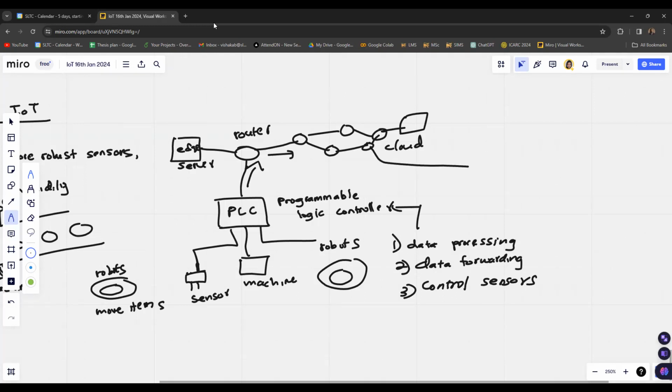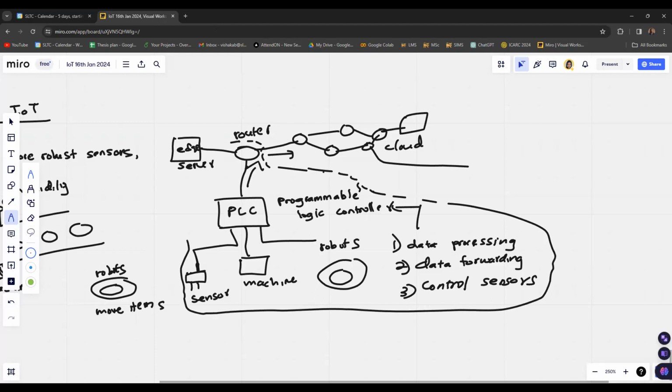So if we consider this entire thing as one network, then we have the ability to communicate with another local network, let's say LAN number 1 and LAN number 2, and we can maintain connectivity between these two networks.